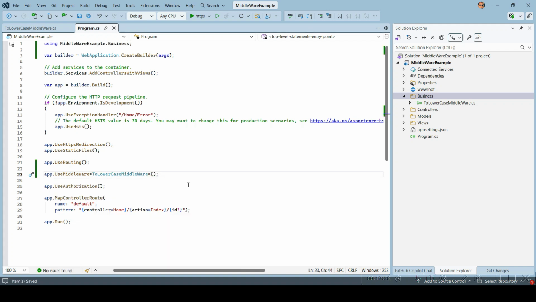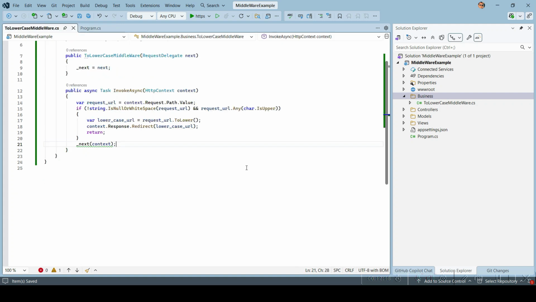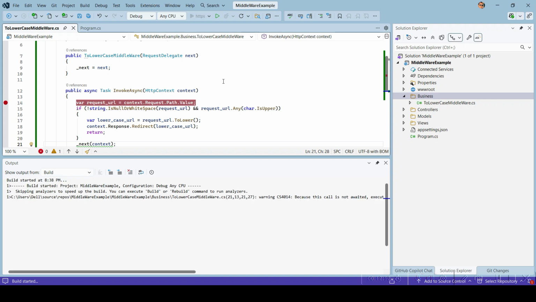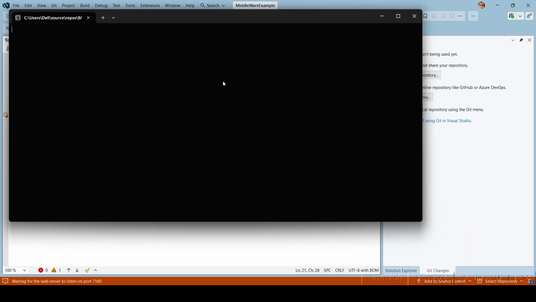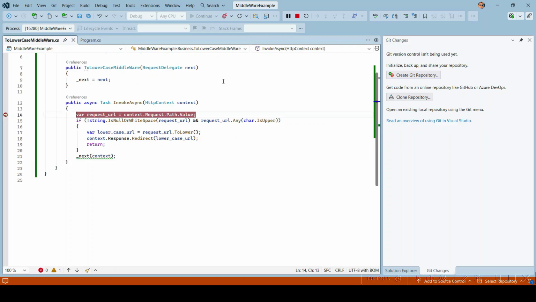So here what we did is, we have an already existing pipeline which is executing some middleware. We introduce one more layer over there. So let me put the breakpoint to show you how it works. If I go there, as I said, we introduce that in between while processing